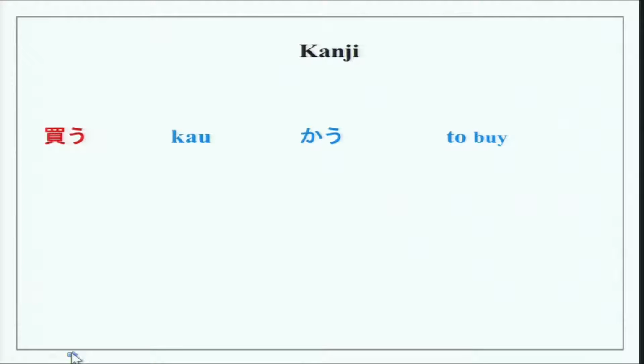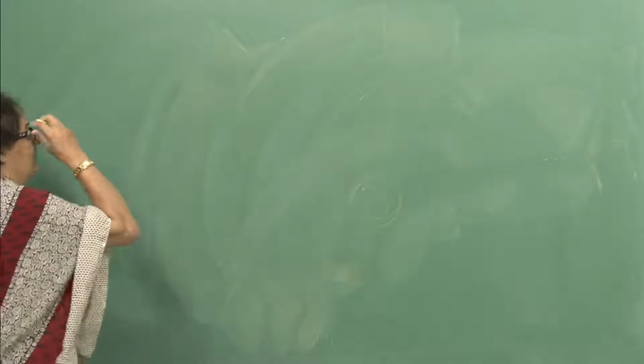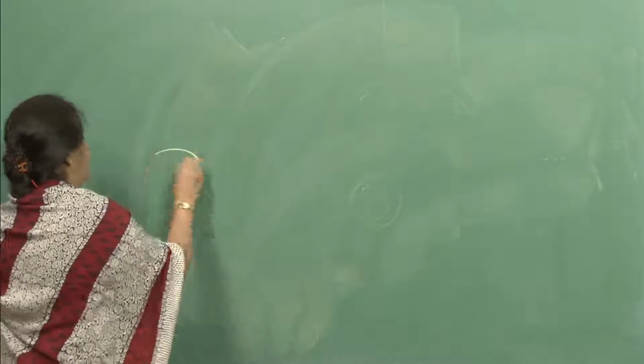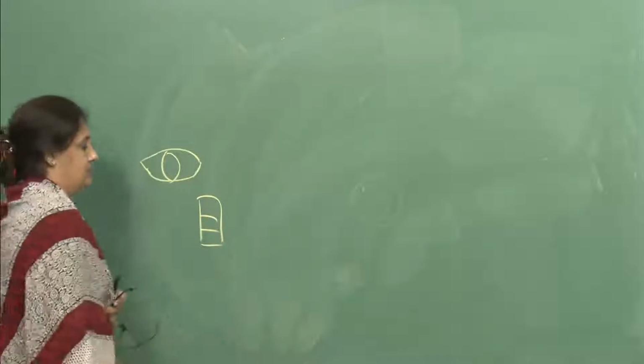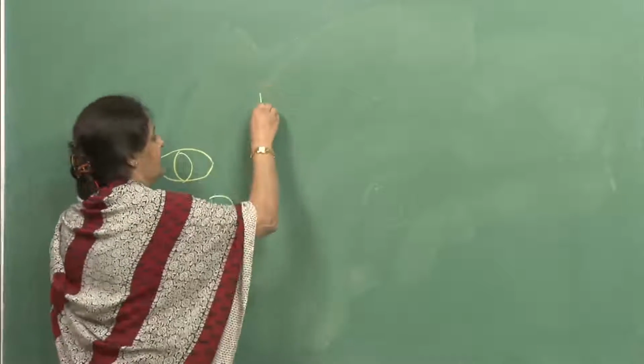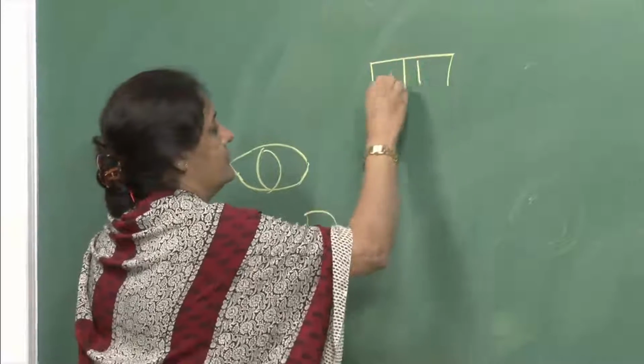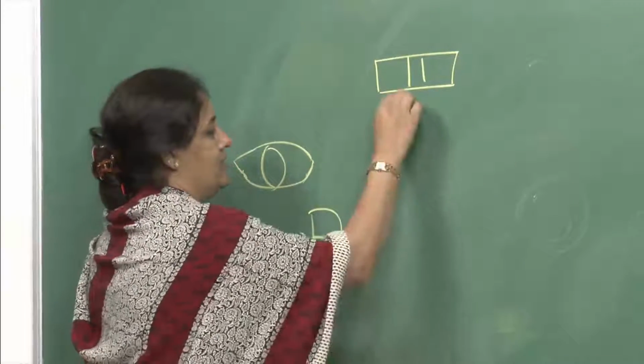Now, as we always do after our practice of syllables of katakana and hiragana, we do kanji characters. So, well, let us see what we have here today. We have kau, which is to buy. Kau is a simple character. We have done the character for eye, if you remember, like this. So, well, turn it 1, 2, 3, 4 and 5, then we have another one over here,